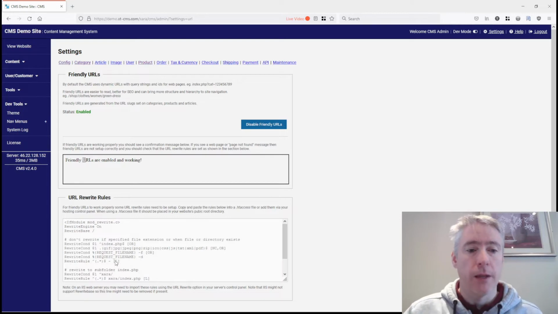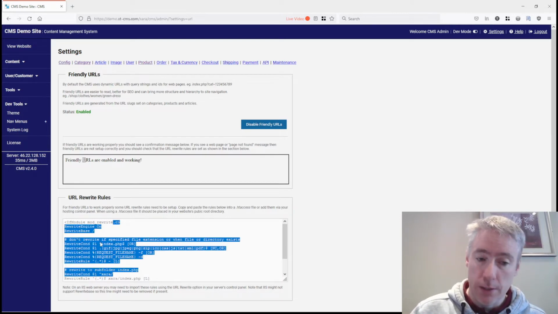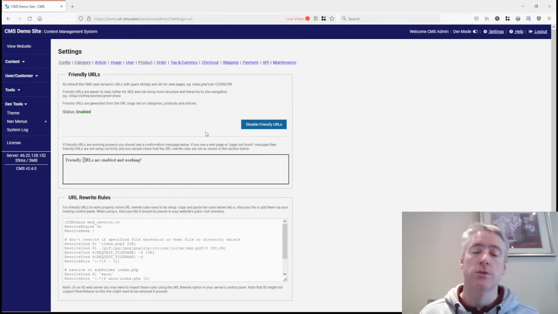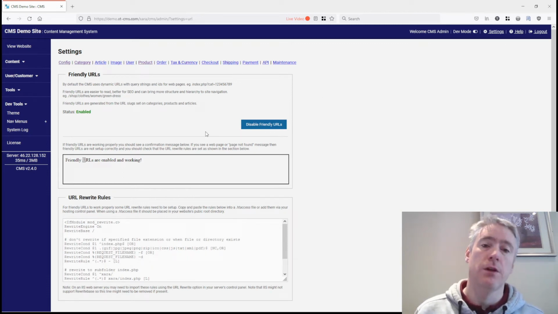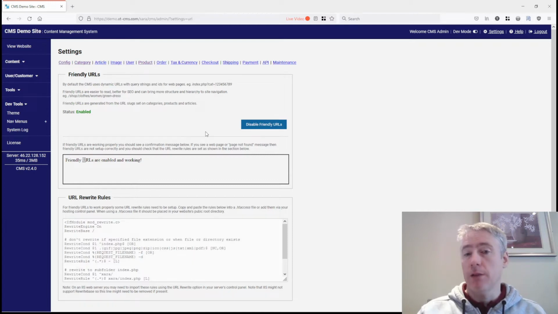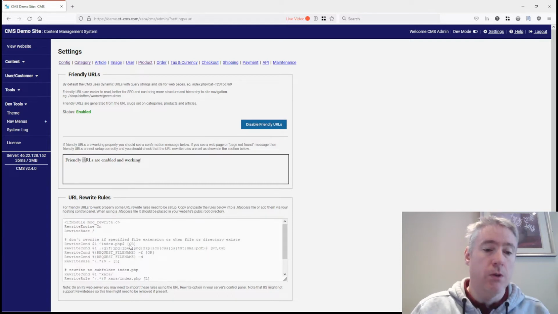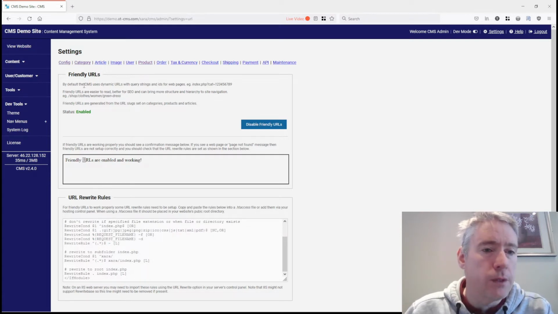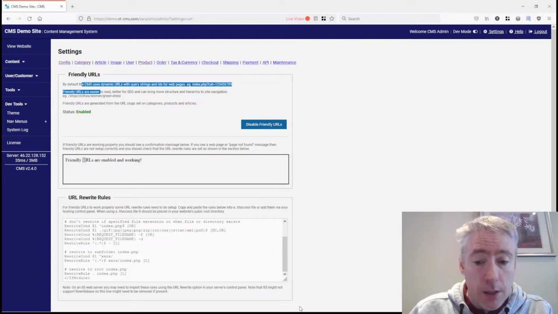So it's a combination of making sure you have your htaccess file rules set up, and also just clicking this button. Before, you used to have to do this in the config file. You had to set it from 0 to 1 basically to enable or disable it. So this has been brought now into the admin area, and at a glance you can tell if it's working or not, and if it's enabled, and it just makes it a bit easier. And also having the actual rules to use down here is really handy as well. That is a change that's been made.